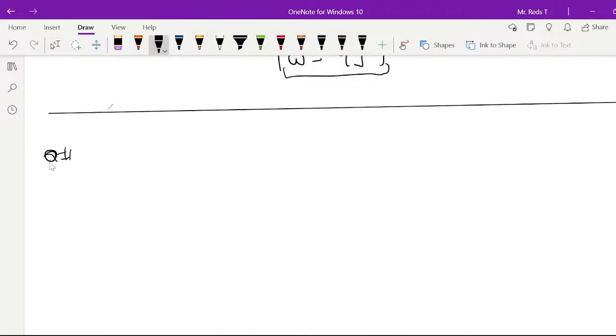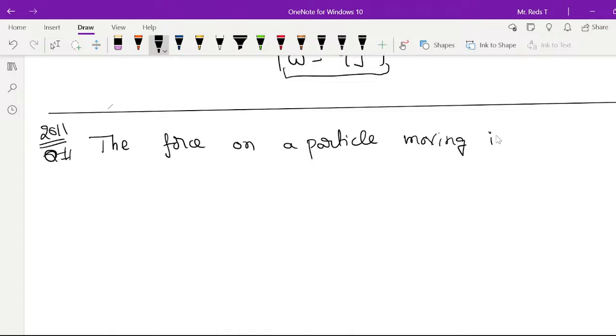The question is from 2011. The question is, the force on a particle moving in a straight line varies with the distance d,